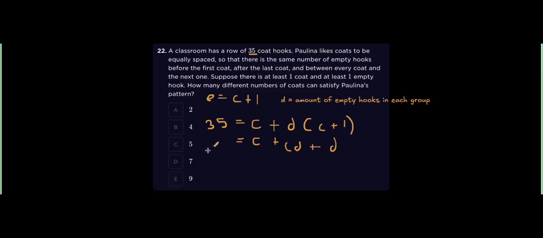Now, I can use a cool factorizing trick. It's called Simon's trick. It's really, really useful. I'm going to do 35 plus 1 is equal to C plus CD plus D plus 1. You'll see why I'm doing this in a minute. Now, factorizing this, first I'm going to get 36, and 36 is equal to